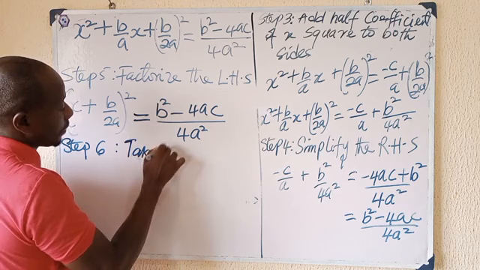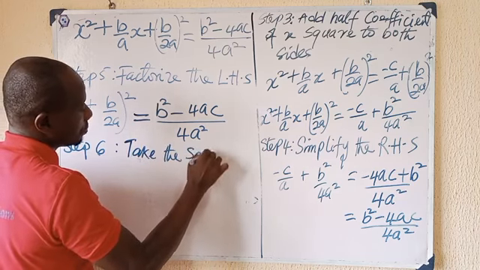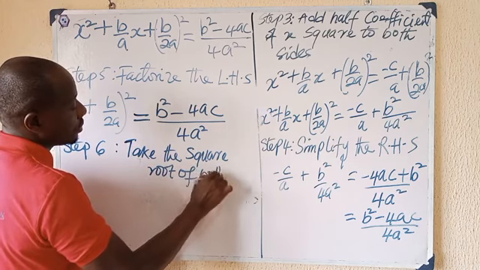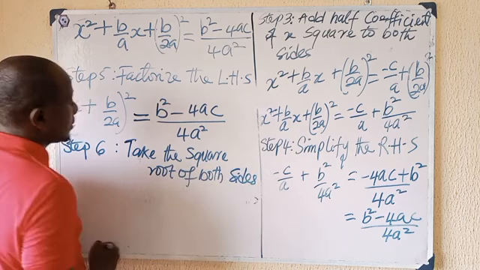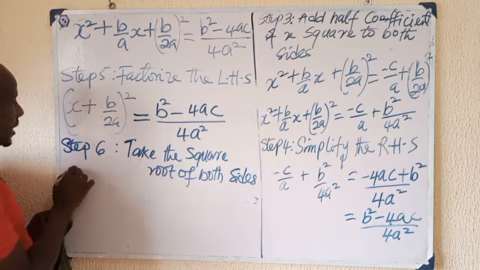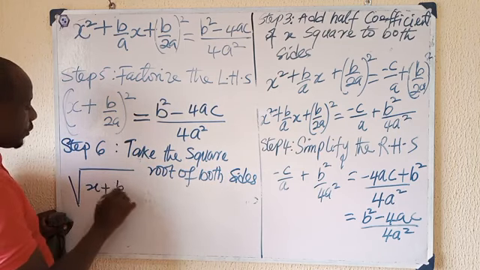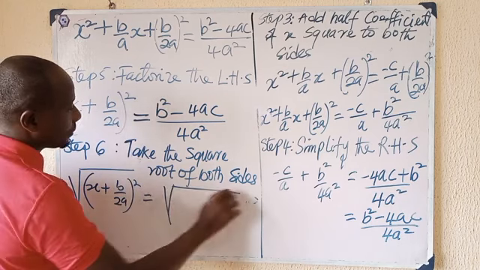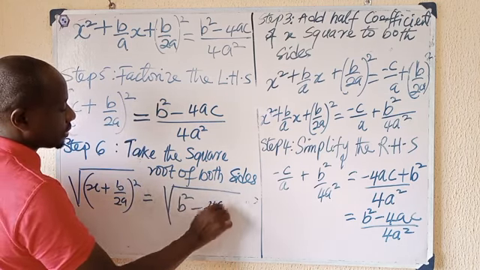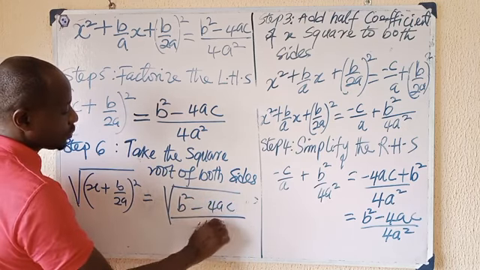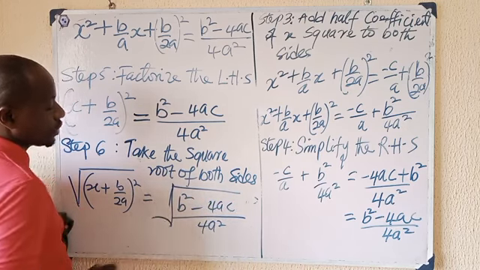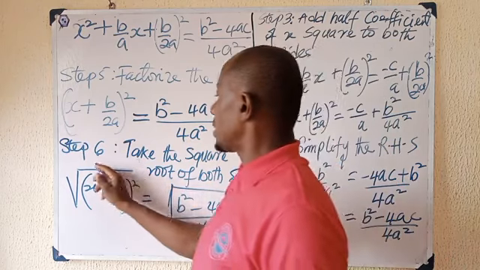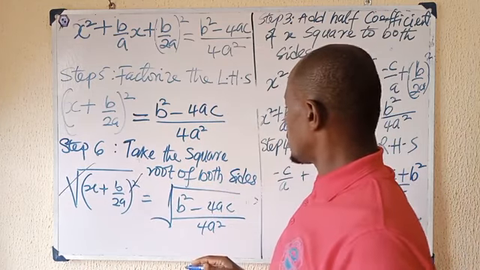Take the square root of both sides. Right? So if we take the square root of the left hand side, we have x plus b over 2a. If we take the square root of the right hand side, we have b squared minus 4ac over 4a squared. So this is what we have. By taking the square root of both sides, you see what we have. So this will take care of this and this, right? So